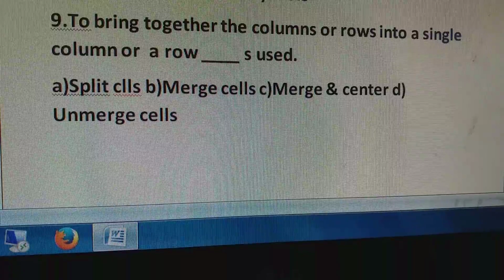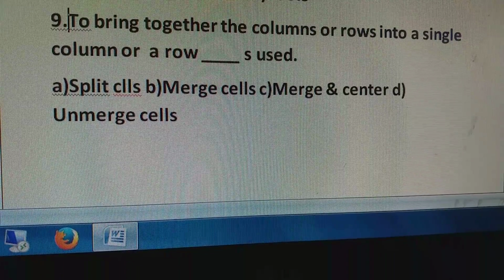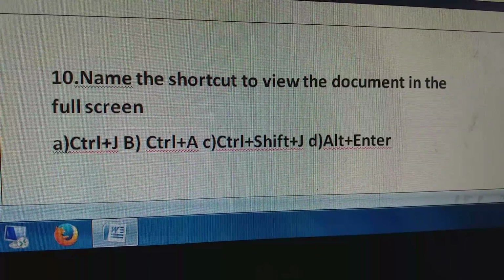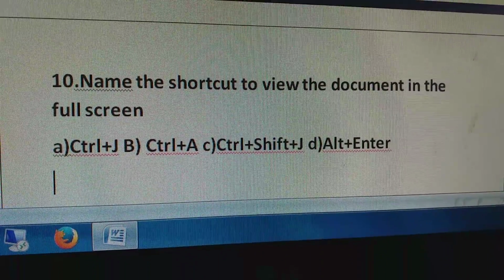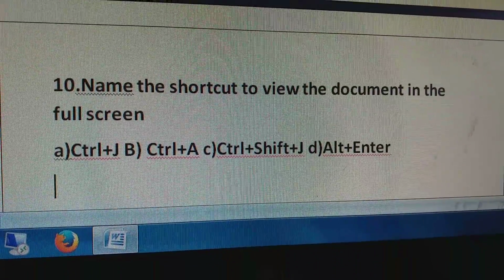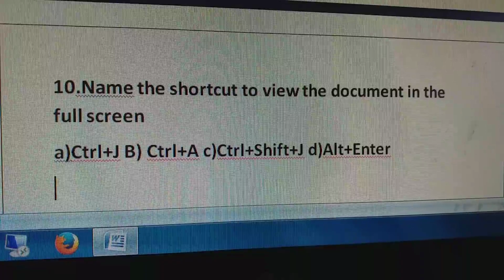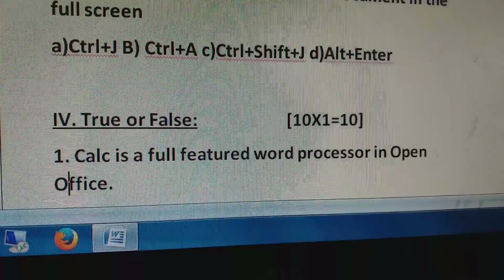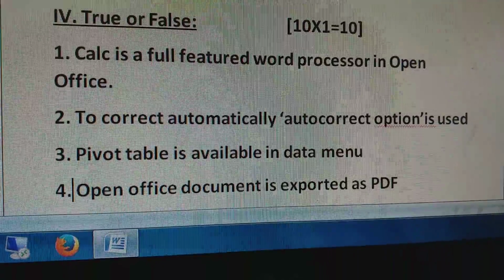A. Split cell, B. Merge cell, C. Merge and center, D. Unmerge cell. 10. Name the shortcut to view the document in the full screen. A. Control plus J, B. Control plus A, C. Control plus Shift plus J, D. Alt plus Enter.